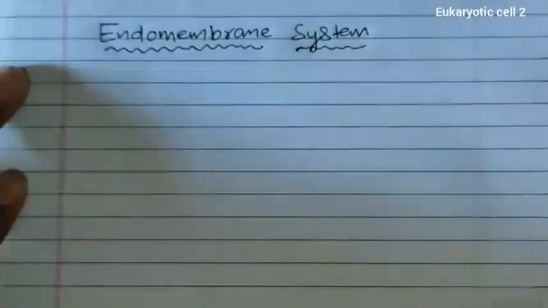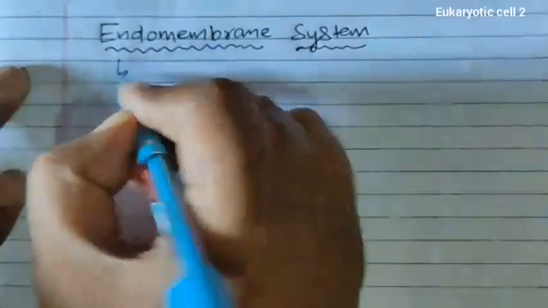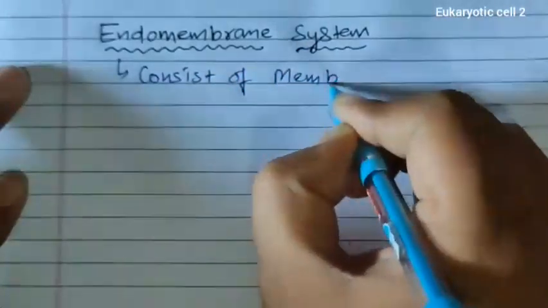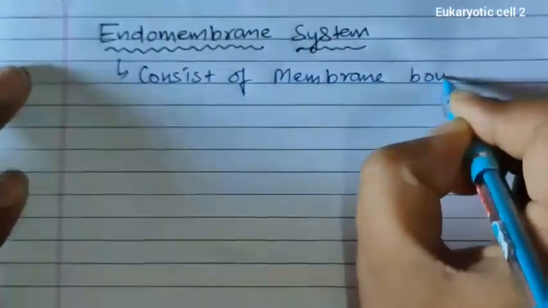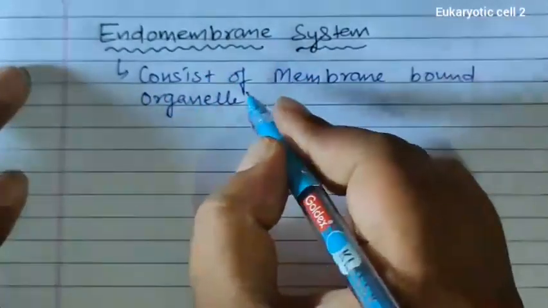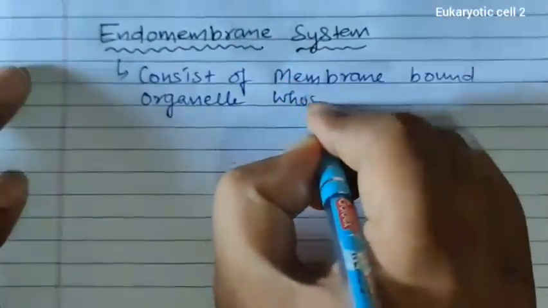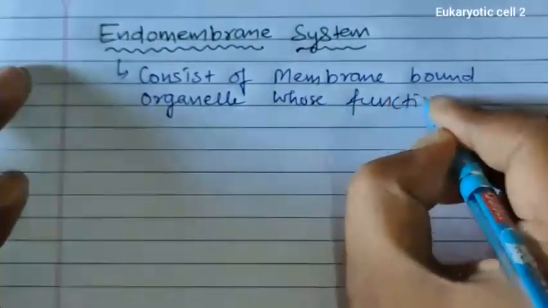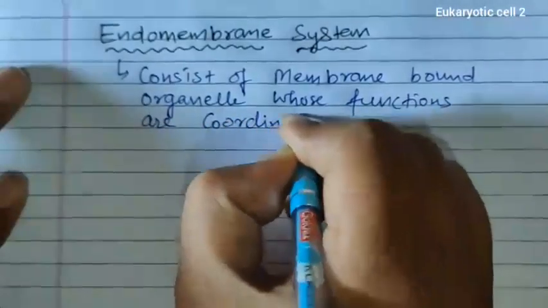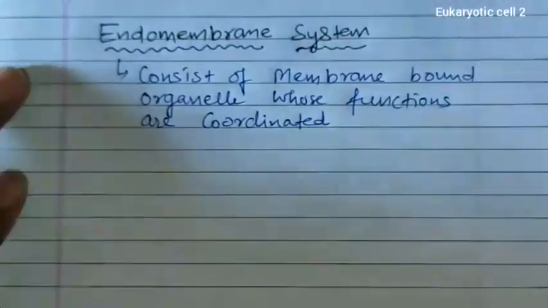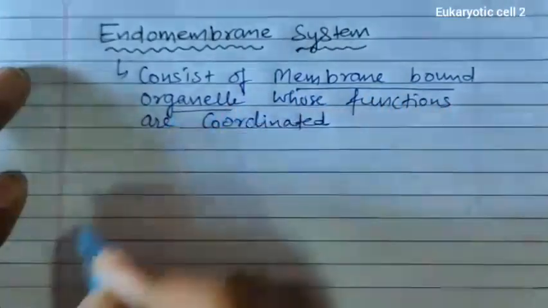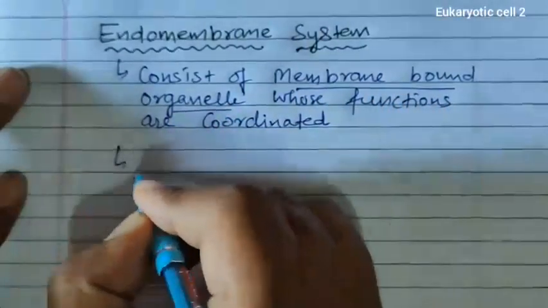Now, endomembrane system consists of membrane bound organelles whose functions are coordinated. And if we talk about this type of membrane bound organelle whose functions are coordinated, this include